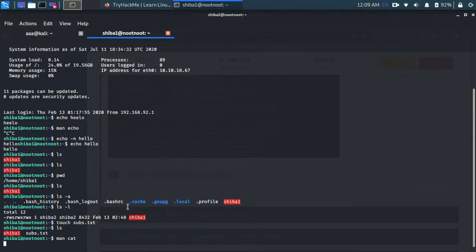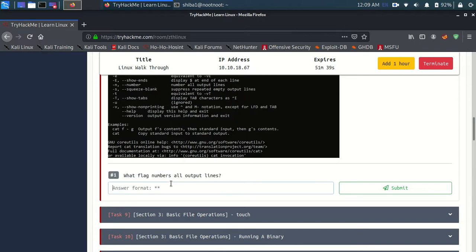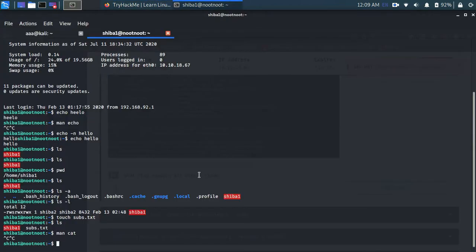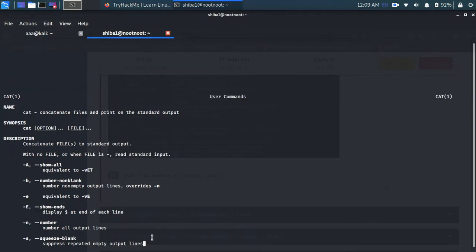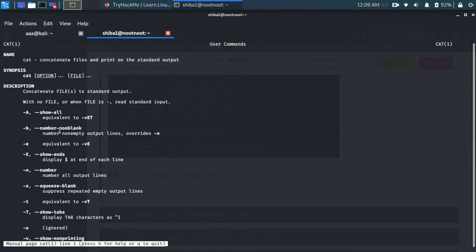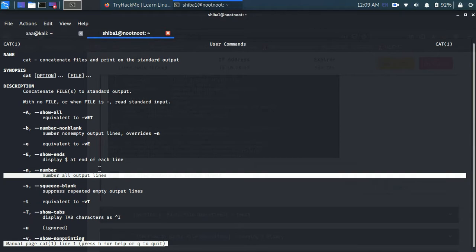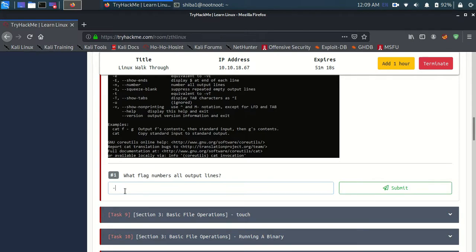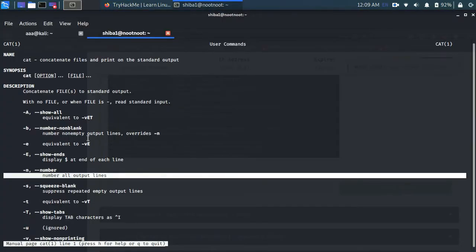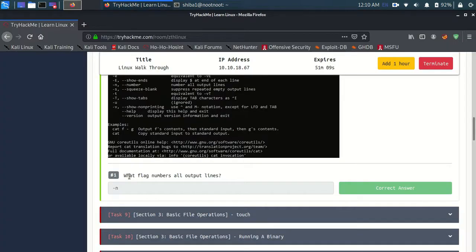Okay, let's come out. Nope, that's wrong. Let's go to man cat again. Okay, it's -n, number all output lines. My bad, so sorry. Now -b is number non-empty output lines. Okay, my bad, it's -n, guys.